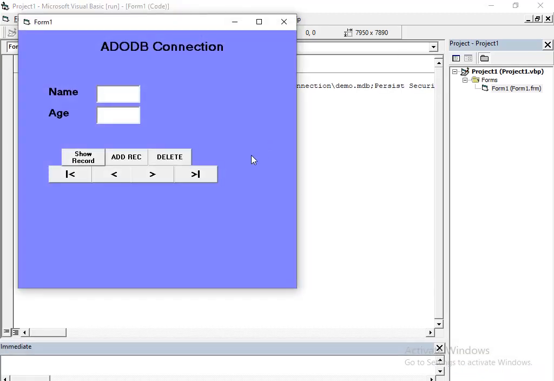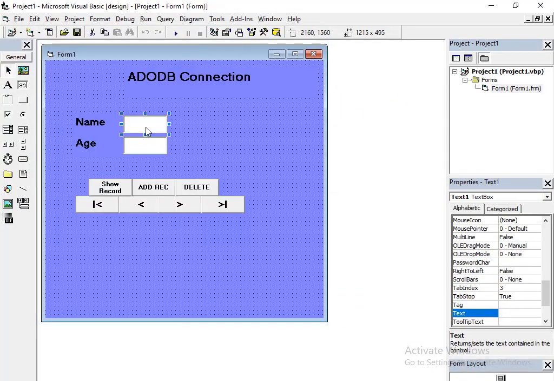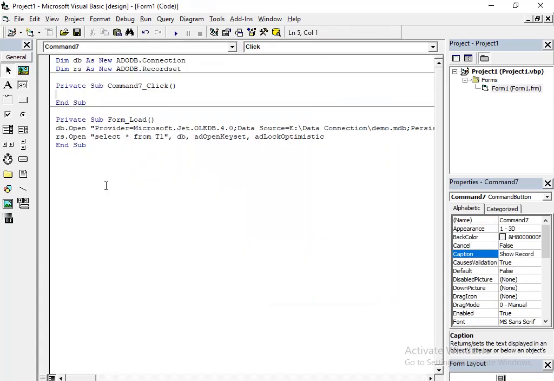Now I won't get any data because I didn't give any reference over here. This text box is going to display the first column or second column. I didn't give any reference over here. Now I am creating a reference.